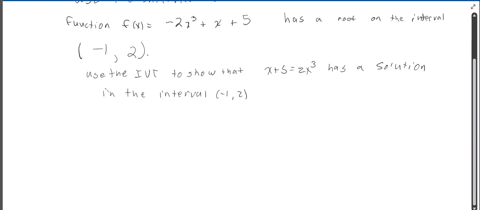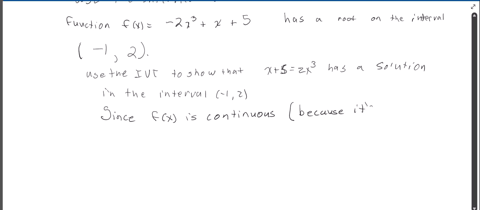Now we'll assume that the instructor is not lying to you and that it does in fact have a solution, although since I made this problem up, and I am terrible at that, it's always possible that it does not, but we'll find that out soon enough. So the first thing you have to say, and your words here are very important, so you have to state all of these things. First you have to say, since f of x is continuous, and you might or might not have to give the reason why it's continuous. This one, because it's a polynomial, you might not have to say that. You might just say, since f of x is continuous on -1 to 2,